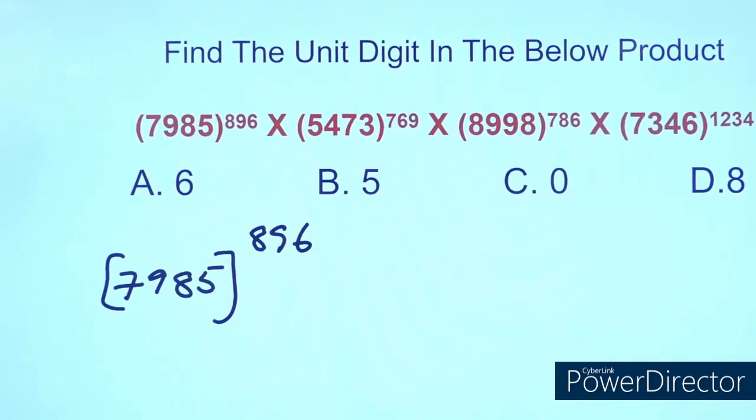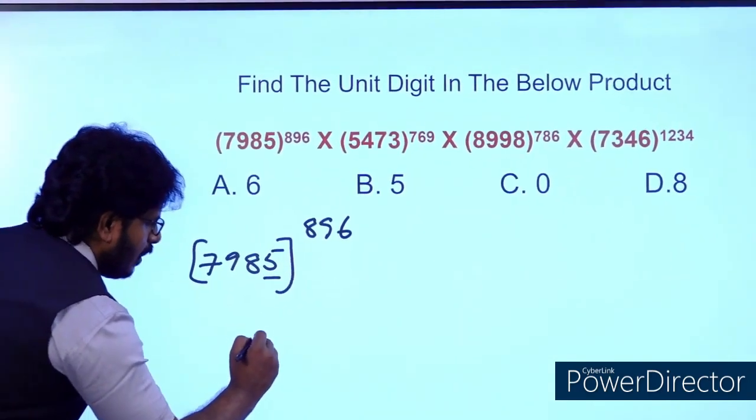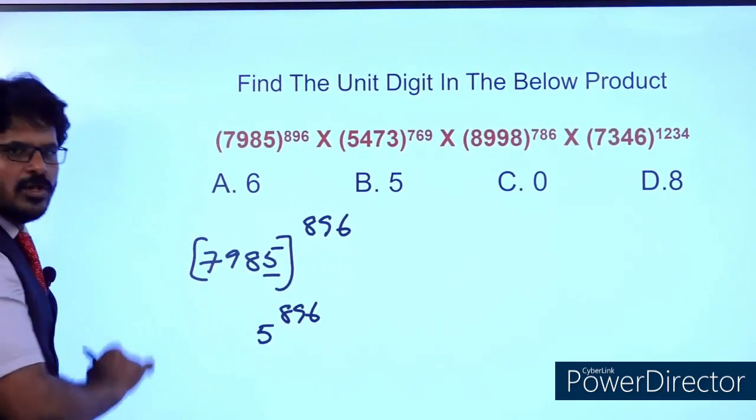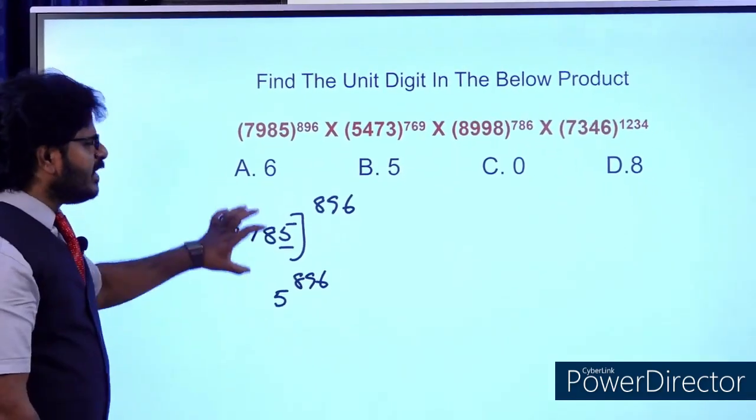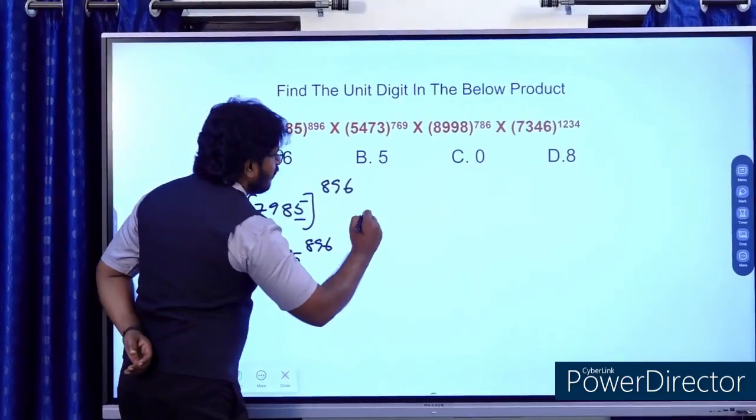Base value lo units place undi manki, the units place is 5. So we can rewrite this as 5 to the power of 896. Enduku 5 to the power of 896 rastunnamante, we require only the units place, right. So idi teesukunte the value is